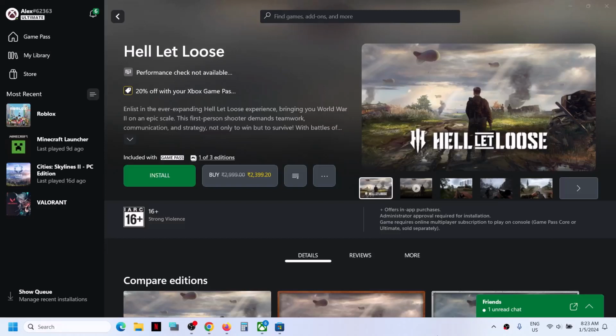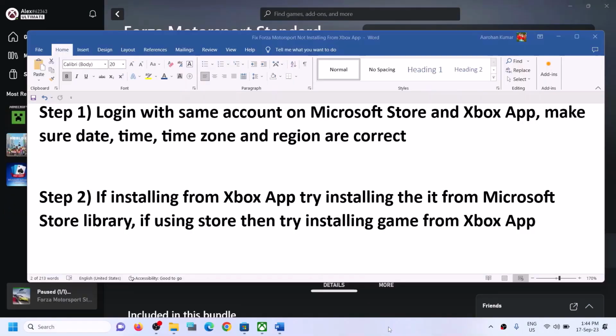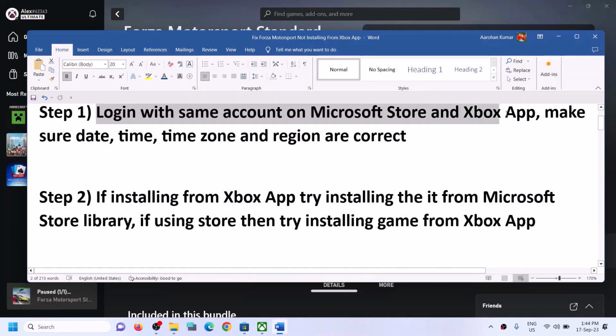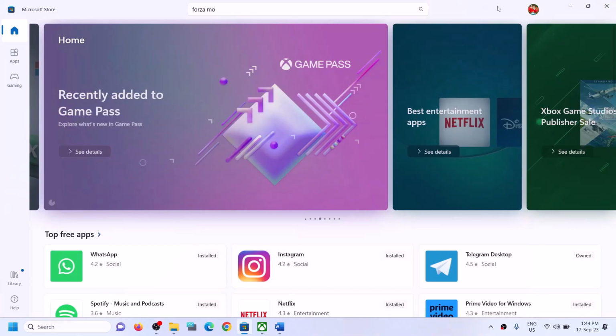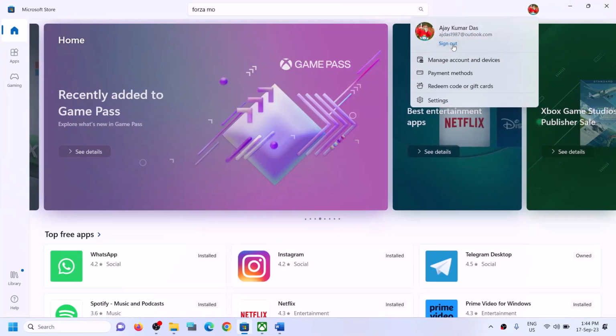Today in this video I'm going to show you how to fix when you're unable to install Hell Let Loose game from Xbox app, or if you're unable to install it from Microsoft Store, then please follow the steps shown in this video. The first step is to log in with same account on Microsoft Store and with same account on Xbox apps. So open Microsoft Store on your computer, and on the top right here you can see a profile icon. Click on it, then click on sign out,